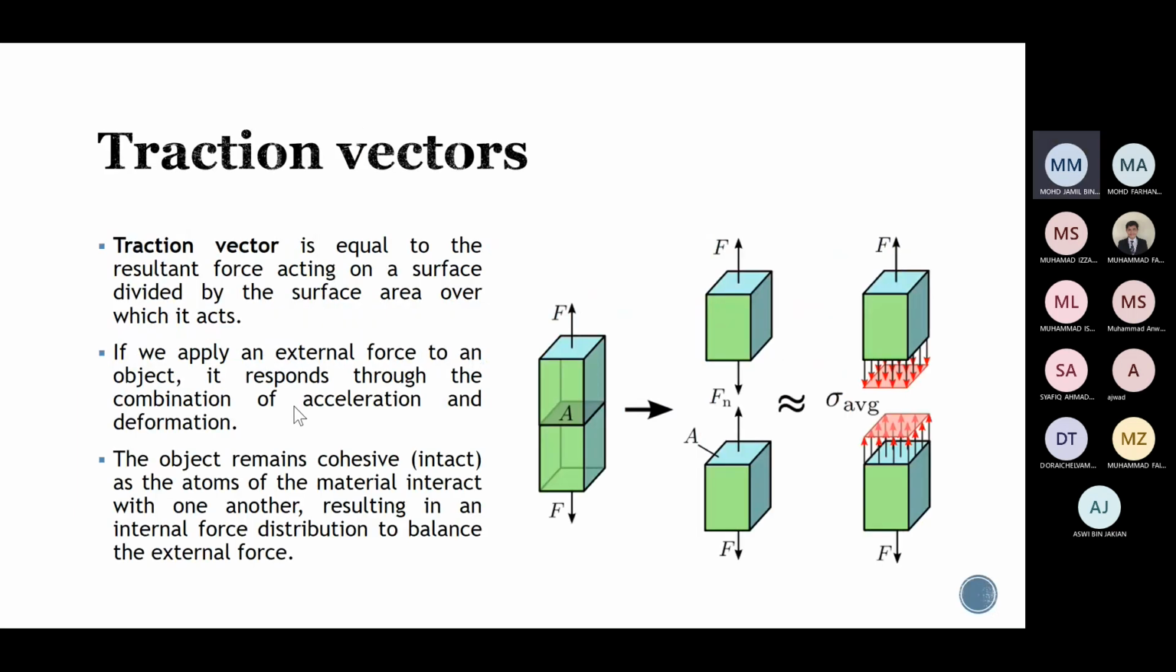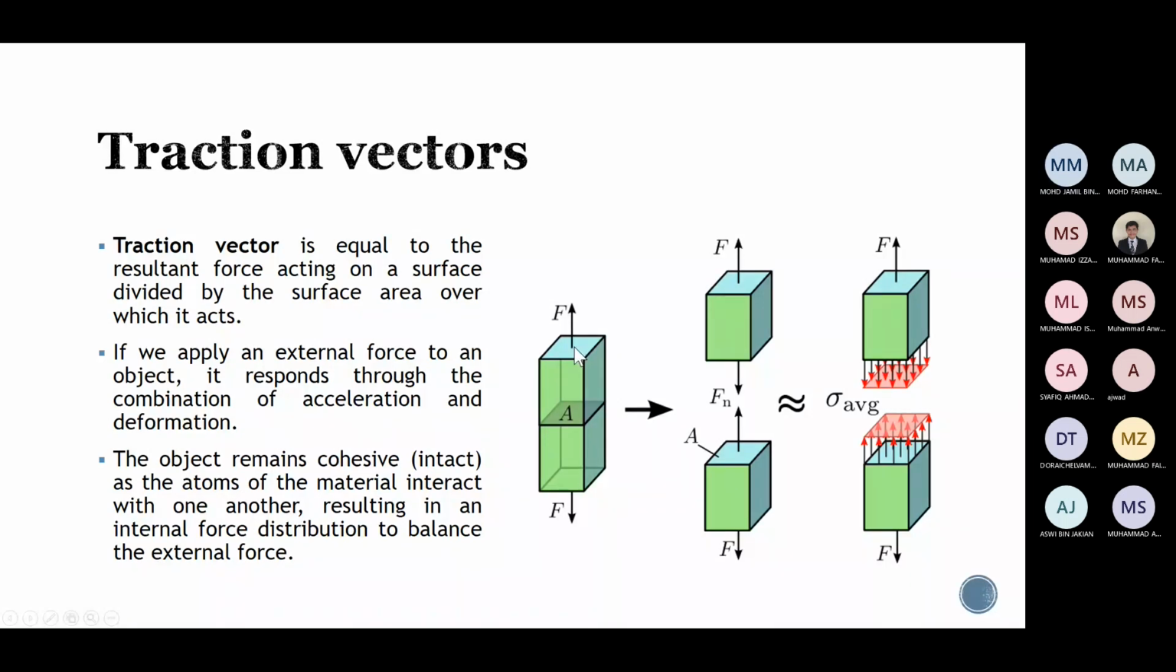So before we can go into learning more about the stress tensor, let's look at the stress vector or the traction vector. So the traction vector is equal to the resultant force acting on a surface divided by the surface area over which it acts. Okay, so it's like force over area. So force over area, we get the stress or pressure. So here we have force F acting on an area A. Okay, so we pull this bar from both sides or from both ends,